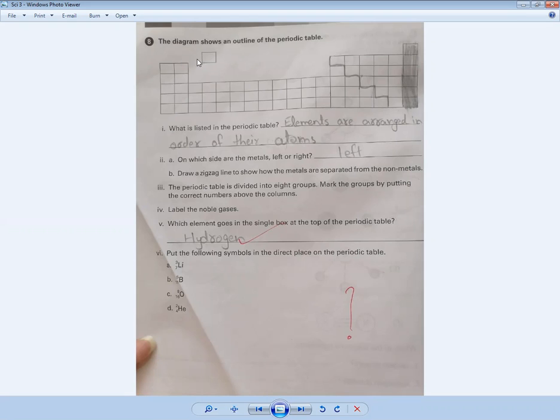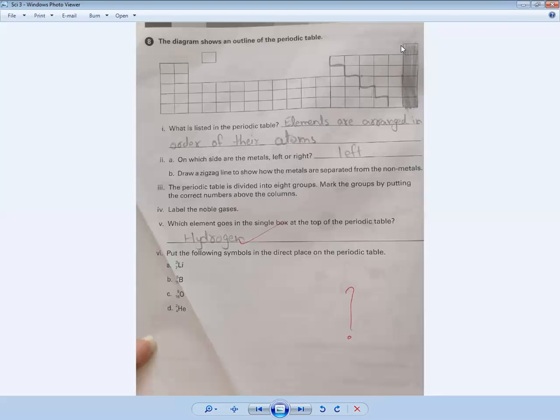Then come to this is number 3, this is number 4, this is number 5, this is number 6, this is number 7, and this is number 8. You have to write the names of groups in Roman numbers. Okay, I am telling again, look at the screen. This is number 1, this is number 2, then this is number 3, this is number 4, this is 5, this is 6, this is 7, and this is 8. So please put these numbers on your workbook. It will help to understand the periodic table.